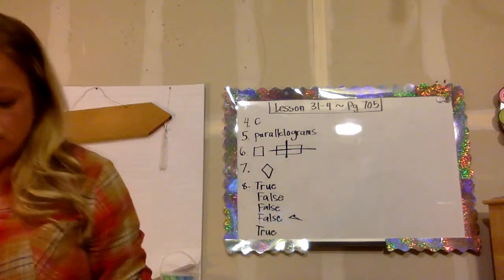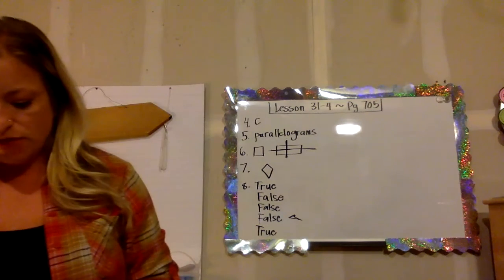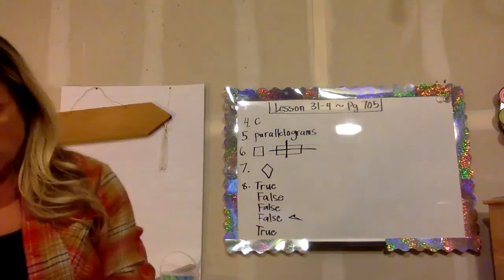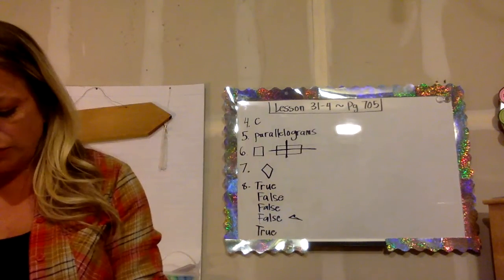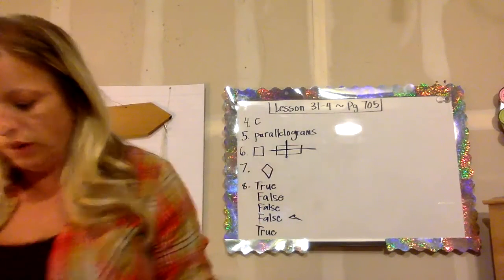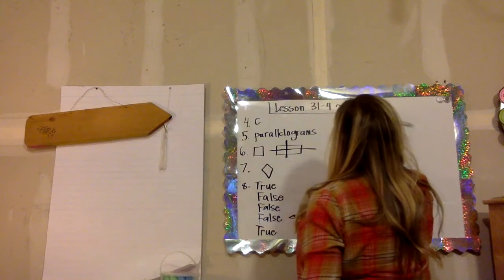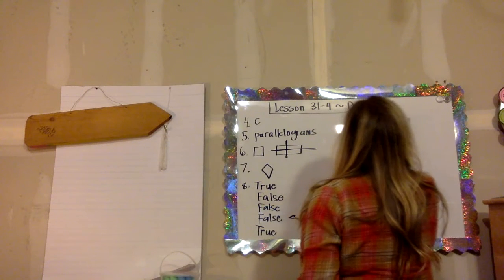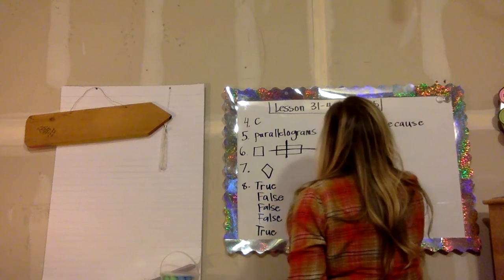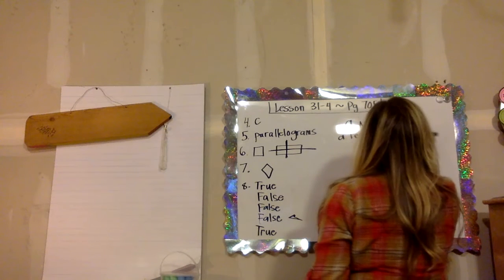All right. Number 9, Jess says that a square cannot be a rectangle, which we already know isn't true. A square can be a rectangle. Jess says that a square cannot be a rectangle because a rectangle has 2 long sides and 2 short sides. Is he correct? No. Number 9 is no. No, he's not correct. Because a rectangle just needs